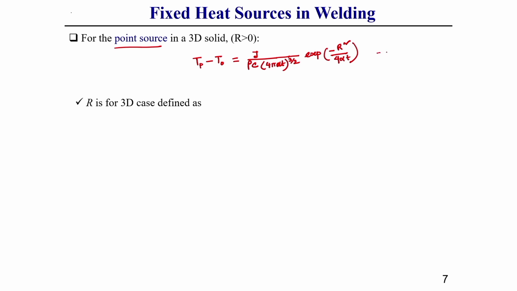Point heat source means, in case of a plate which has a thickness, through the thickness is there. Now, instantaneously at any position, if we apply heat J, let us say here I am applying a heat J in joule at time t equal to 0. Due to this, at any point P, what should be the temperature T, that we can easily find out.